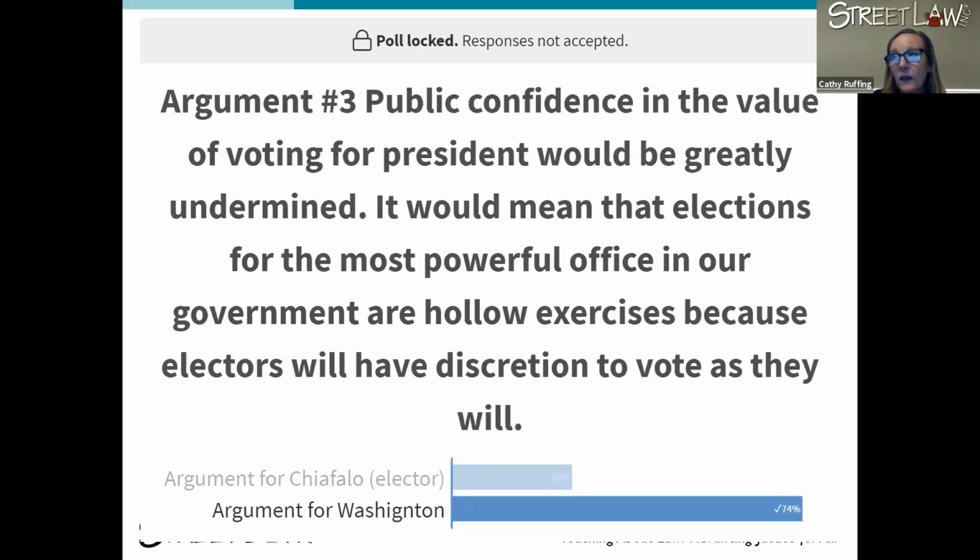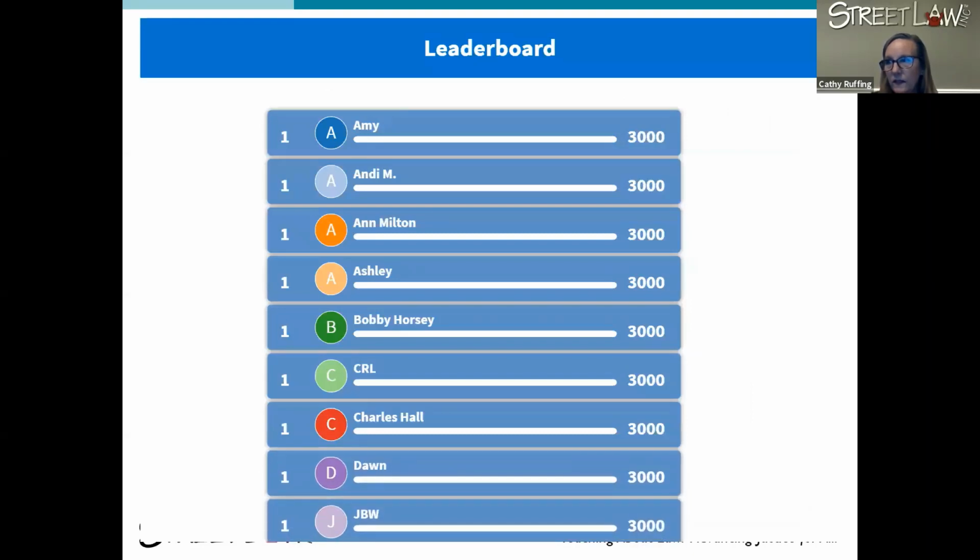Okay, also helping Washington, that it's the repercussions of allowing electors to vote using their own discretion and what that might mean for faith in elections. See if that shook up the leaderboard at all. Oh, no, you guys are good.